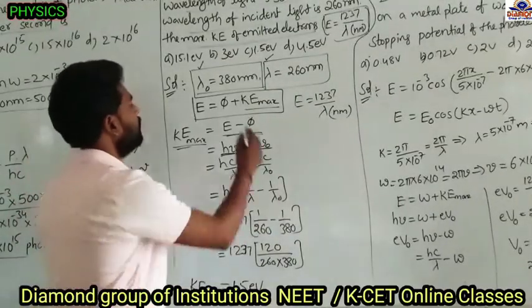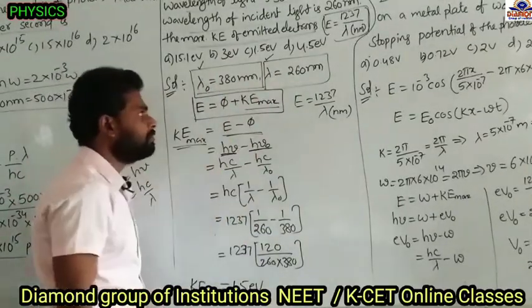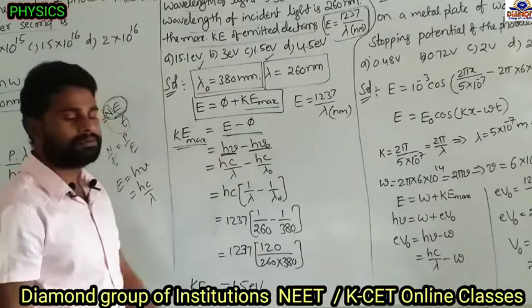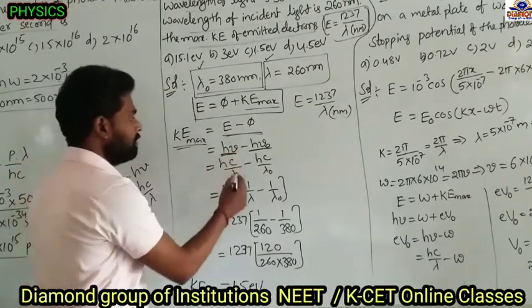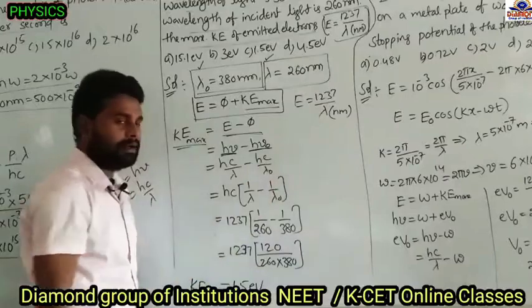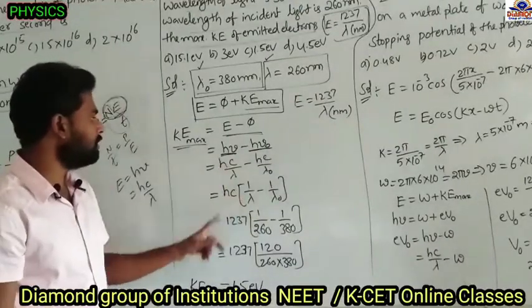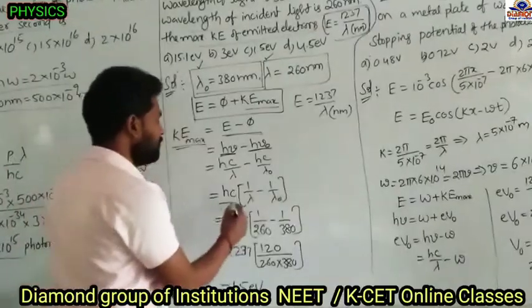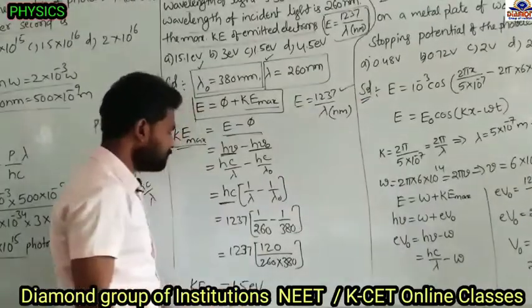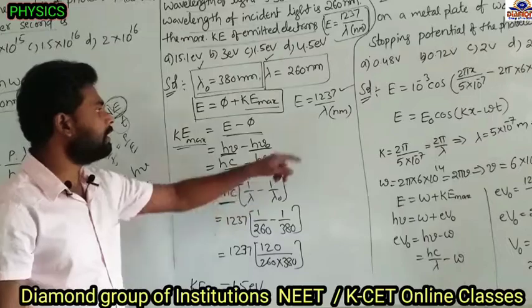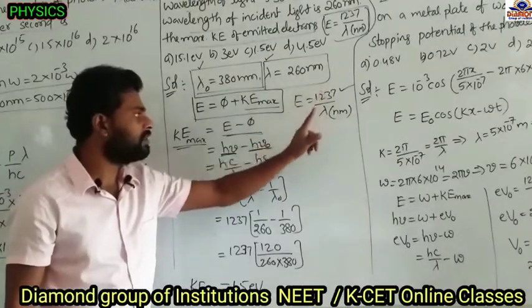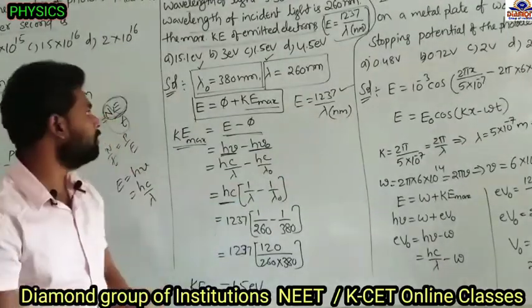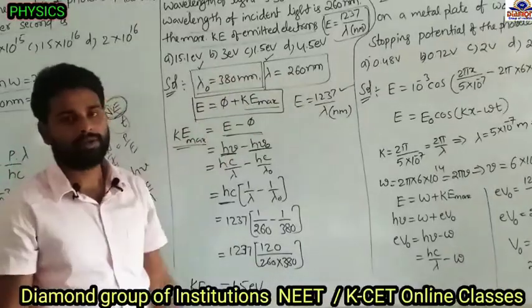And next, they have given the values in terms of wavelength. So write down these formulas in terms of the wavelength. Mu is nothing but c by lambda, mu naught is c by lambda naught. In these two terms, hc is common, so 1 by lambda minus 1 by lambda naught. The hc value is nothing but 1237, if we are taking lambda in terms of nanometers. So we are taking the lambda in terms of nanometers only.